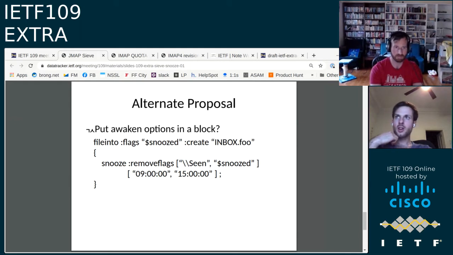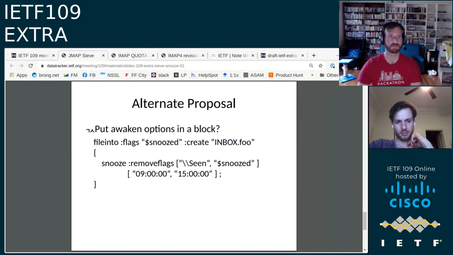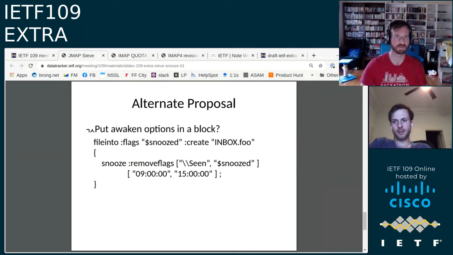That's all. Yeah, I brought this up on the list. That there are some security implications here, and they vary pretty dramatically depending on how you implement this. If you implement it using a future release sort of mechanism, then the messages aren't visible at all anywhere until they're unsnoozed, and that has some potentially serious implications to users.